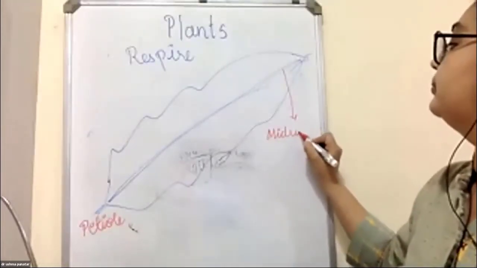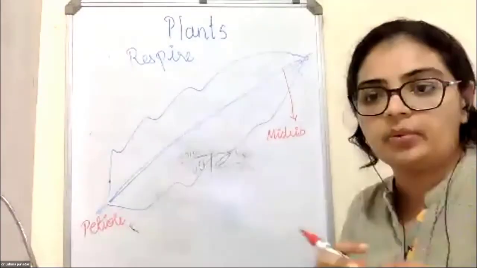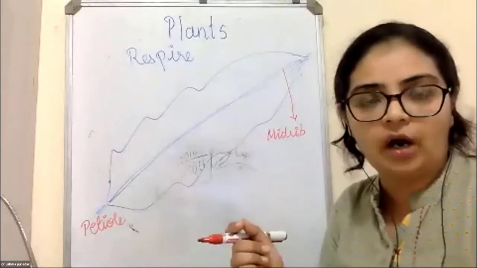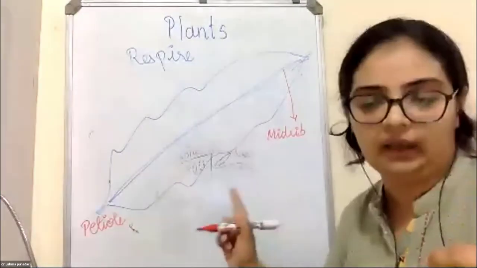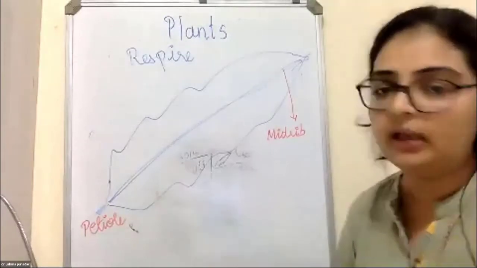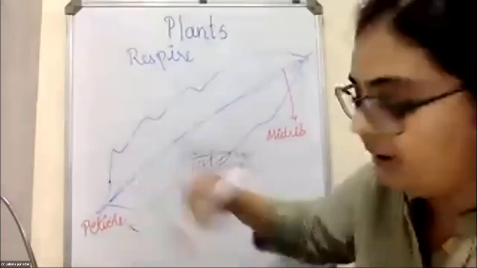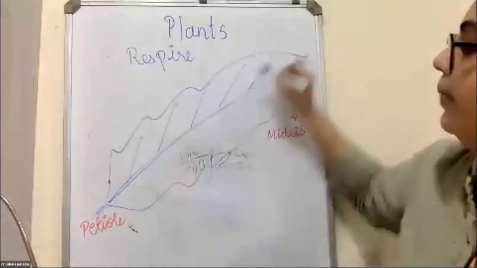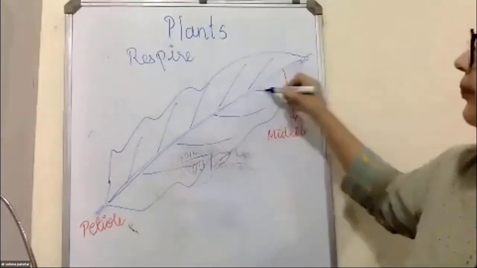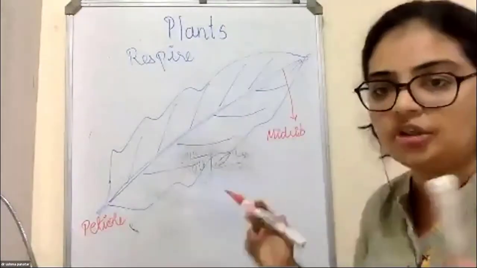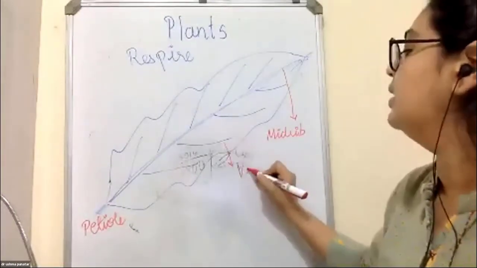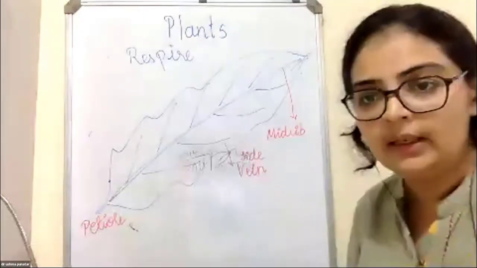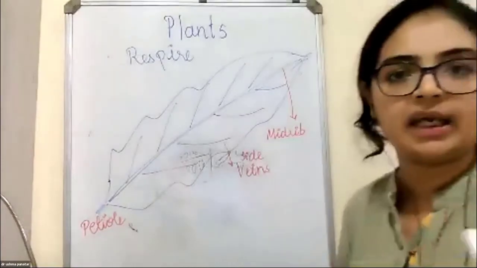the midrib. Okay, today after class, what I would want all of you to do is just go out, maybe if you have a plant at home, just take a leaf out of it and see the parts of the leaf in it, okay? I want you to learn it practically, okay? So there is a midrib, and you would see that there are smaller branches of this midrib. Okay, and these branches are what are also called the side veins of the leaf. Fine? Okay, promise me all of you are going to take a leaf and try to check the structures in